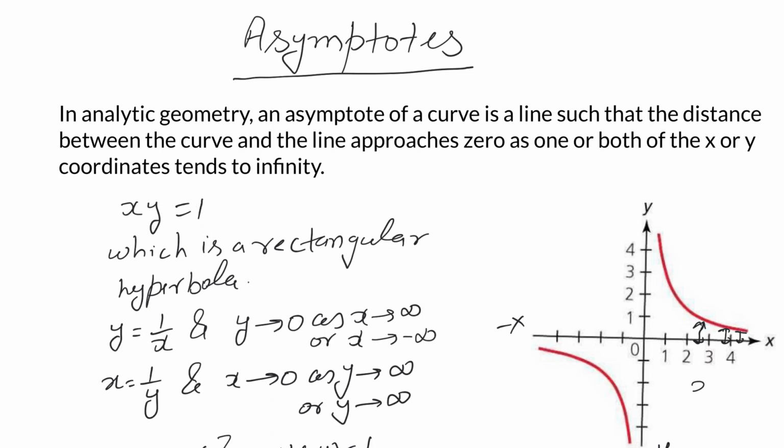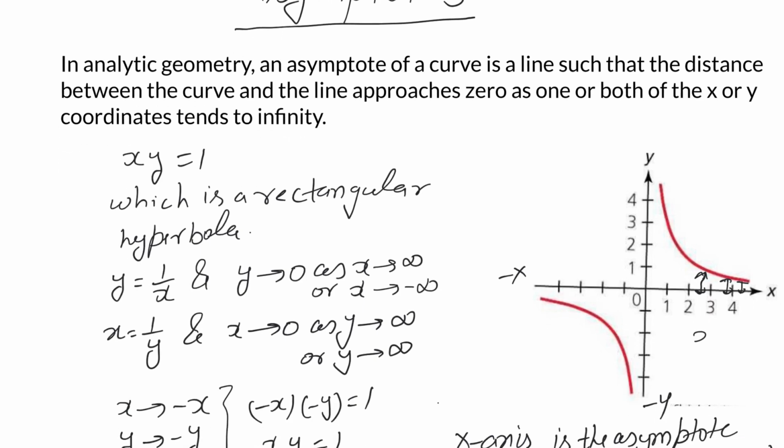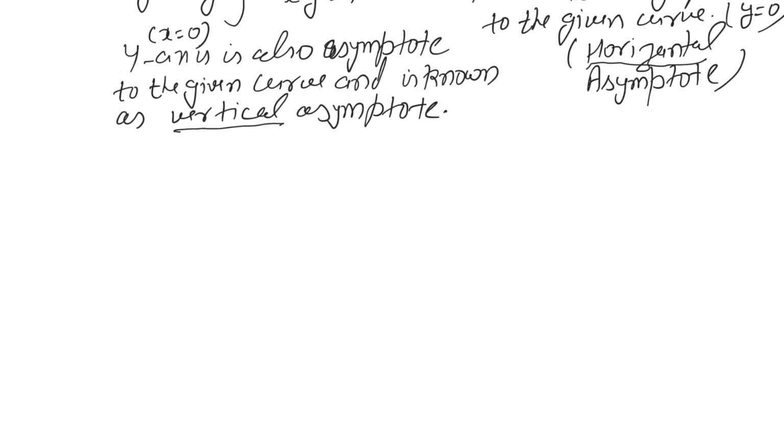So we have just understood what an asymptote is. Now we have seen that an asymptote will meet the given curve at infinity. Therefore from here we can draw an inference that an asymptote is of infinite length. So this will help us in inferring an important result, and that result is given by